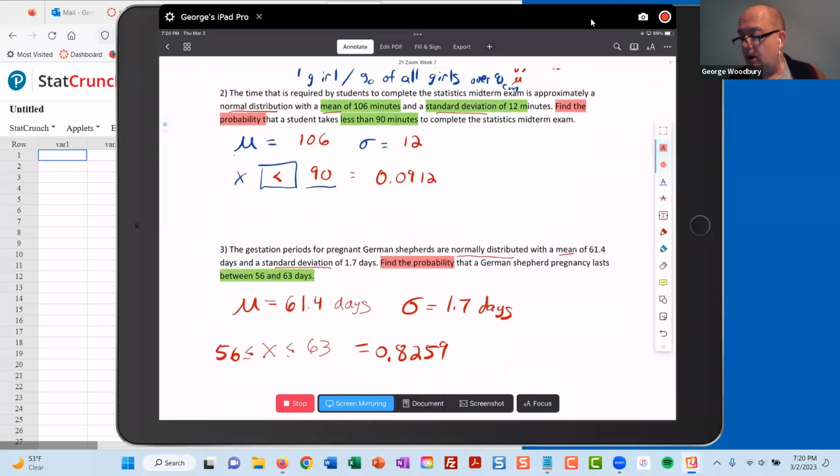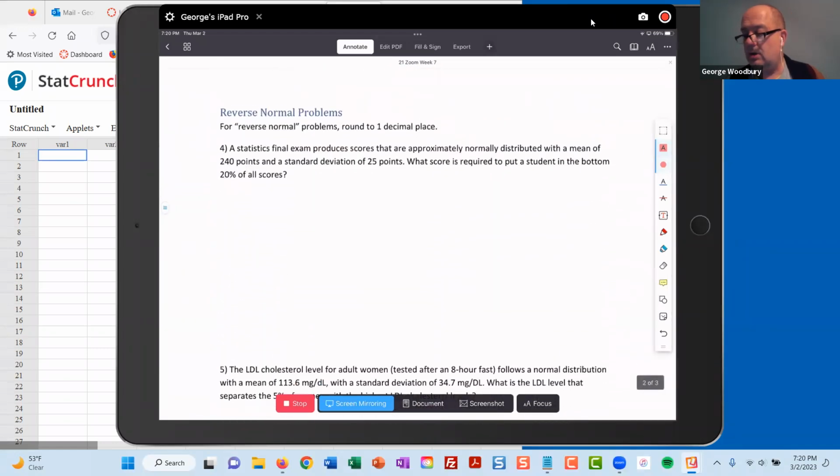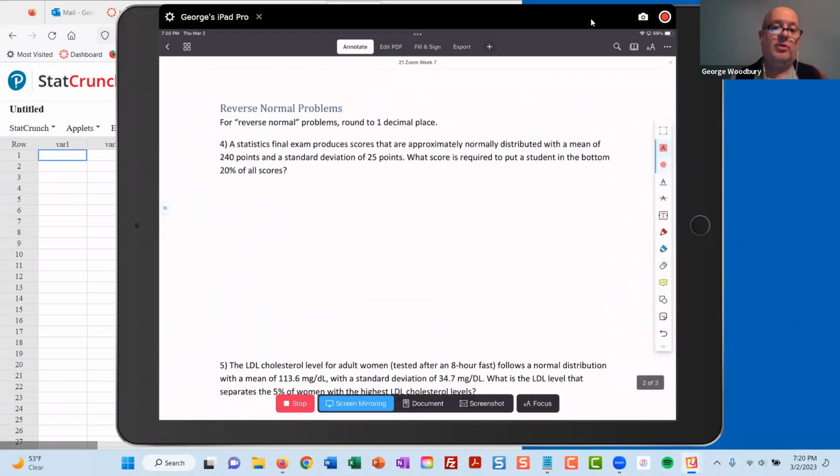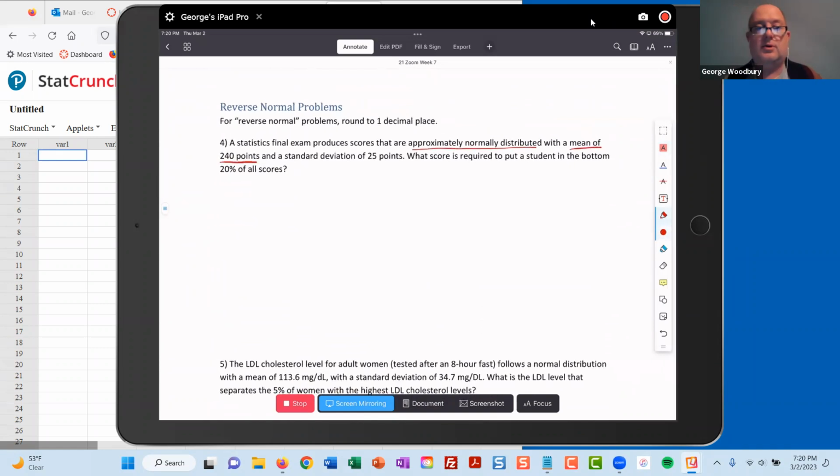But when we get to problem 4, this looks like a normal probability problem. So I go through and I see normally distributed. I have a mean of 240 points. I have a standard deviation of 25 points. But it doesn't say, find the probability that this happens. It's asking for a score. What score is required to put a student in the bottom 20% of all scores? So